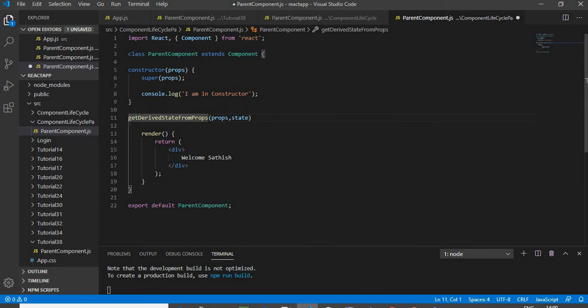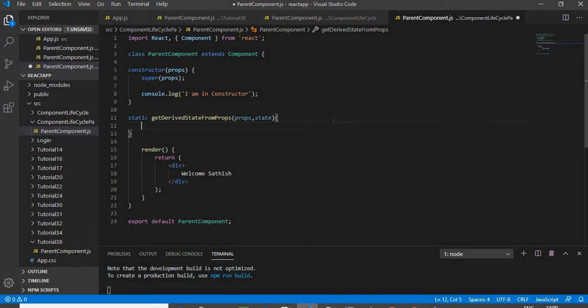Make sure that this method is static. If you do not mention static in front, it won't work. And over here I am also going to mention console.log with a message saying I have been called from getDerivedState.